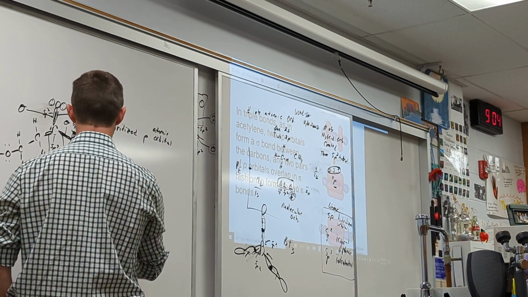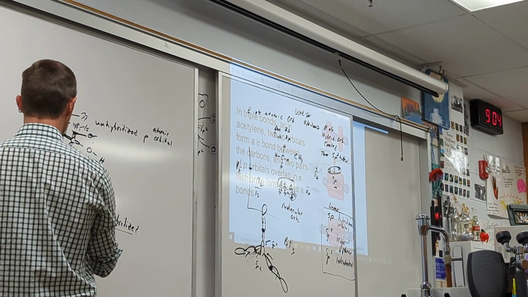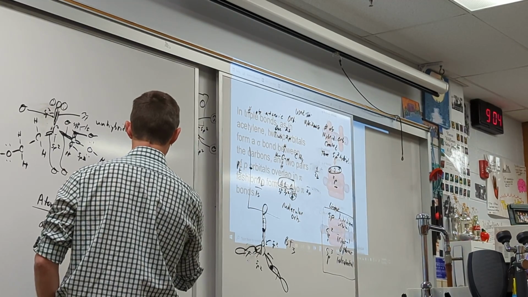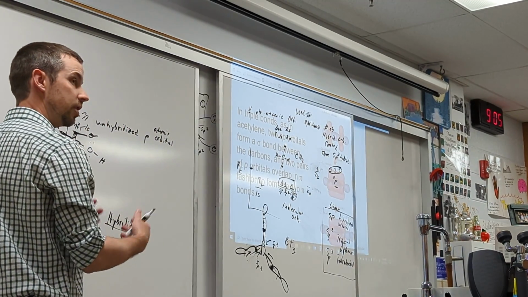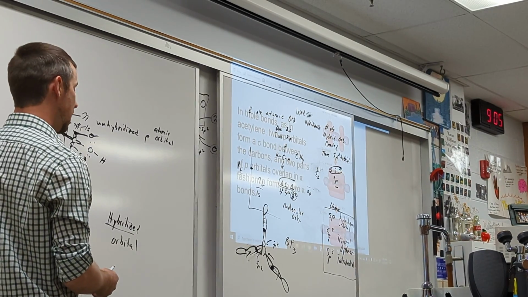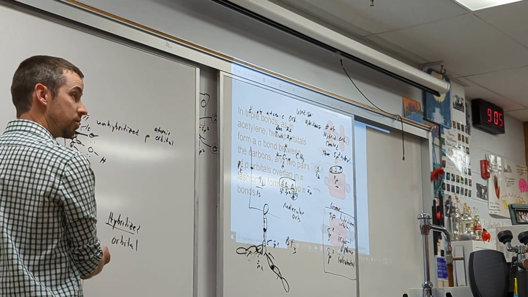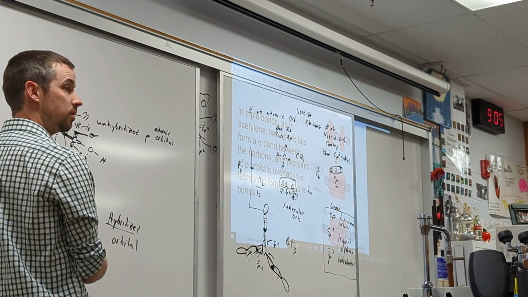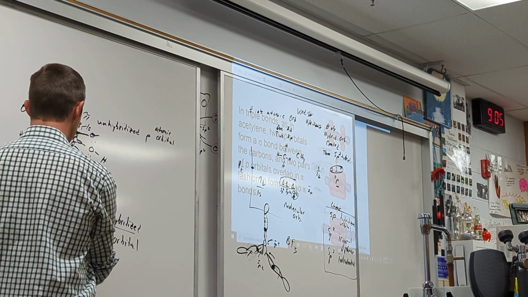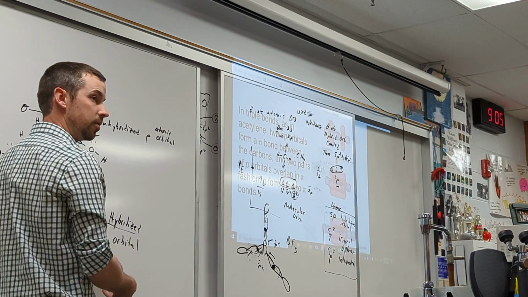Okay, two columns. So can you say the word orbital? What does the word orbital mean? The shape, the orientation. So can you have an S atomic orbital? Is there such a thing as an S atomic orbital? Can you have a P? Can you have a D? F? Yes. Okay. Hybridized orbitals, you don't have those.